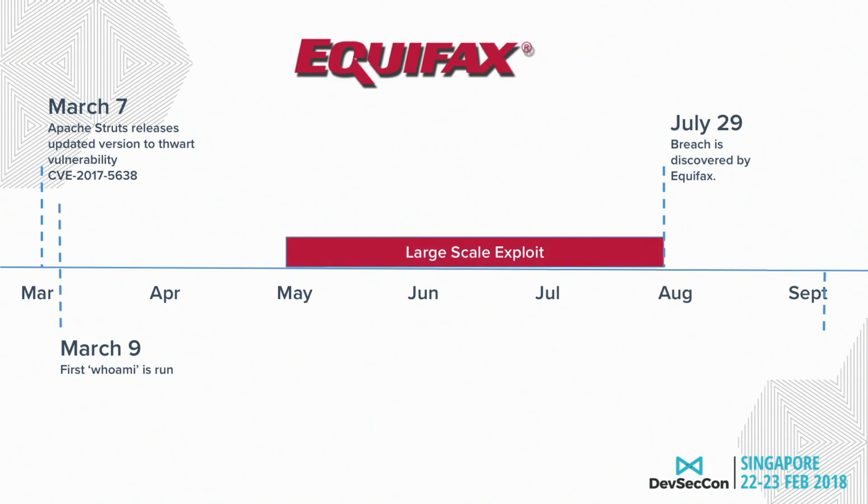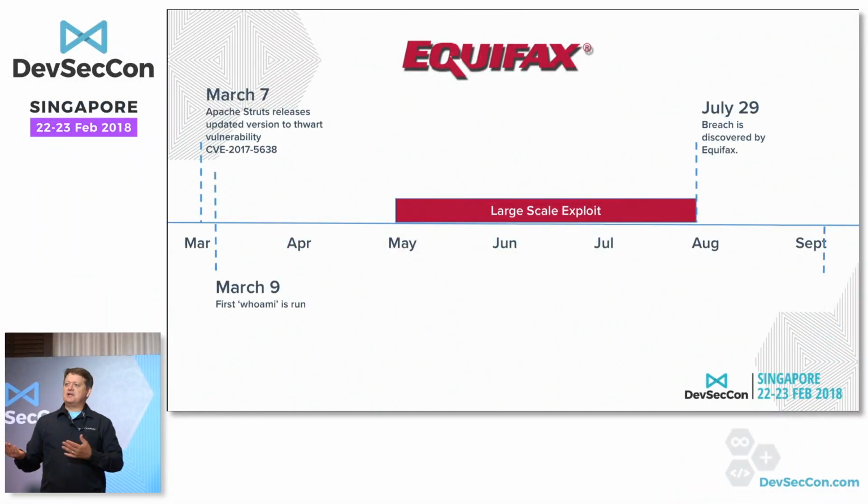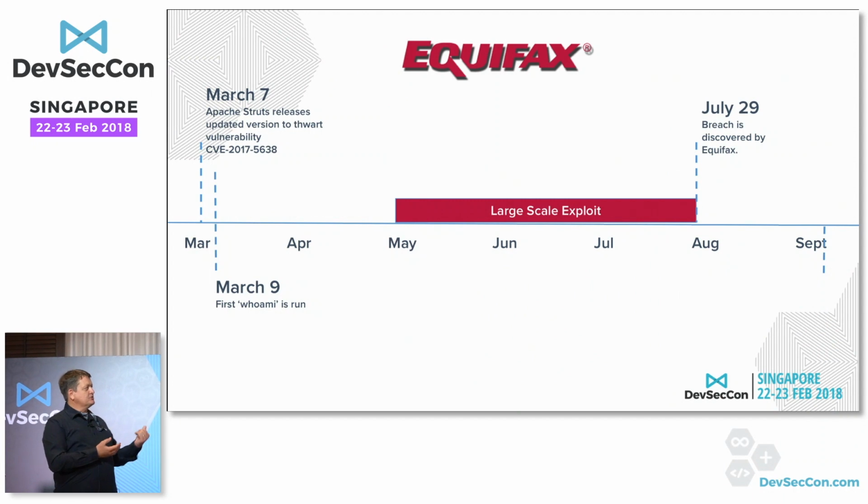The actual data exploit was actually coming out between May and August, 145 million records. In America, the data that was stolen was name, address, date of birth, social security number. You can't change that data. You can change your password, but you can't change your date of birth. The risk to Equifax is that all of these people have had identity theft. So now there's legal action.